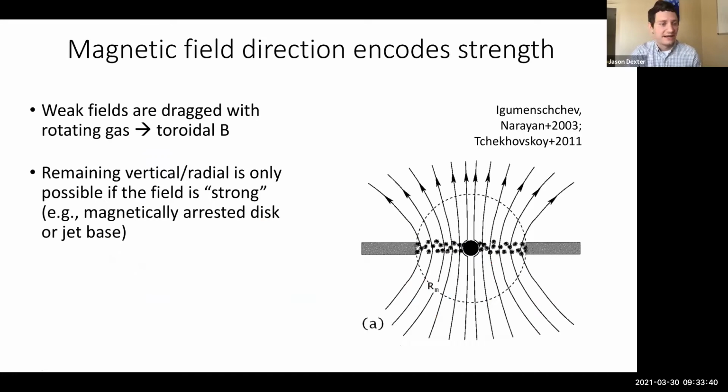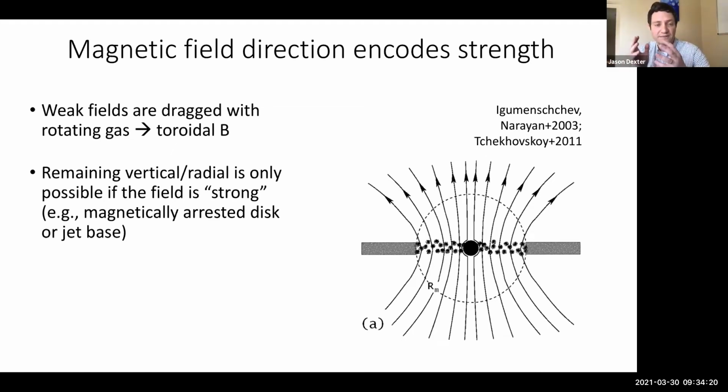Okay, great. And the reason that we care about direction, it'd be interesting to map out magnetic field geometry around a black hole anyways, but the reason that we're particularly interested in this is because in a rotating fluid, we will tend to drag an initially weak magnetic field along with the gas, and it will end up in a toroidal configuration. The toroidal field component gets amplified as well, and so we'll end up with a toroidal magnetic field near the black hole if the magnetic fields that are brought in from large scales with the gas start out weak.